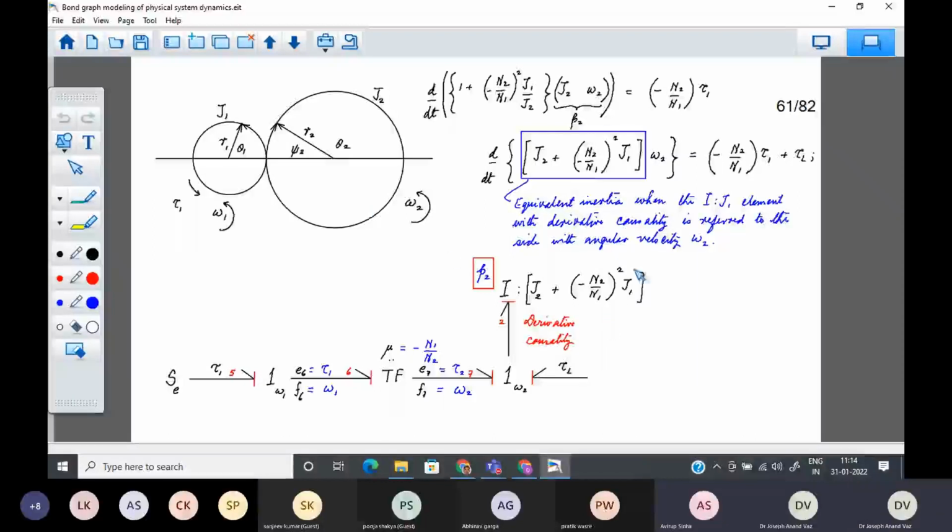So it is N2 by N1. You can see that it is more. N2 by N1 is greater than 1 in this case, and you're dealing also with the square of it, and that is multiplied with J1. So J1, that is the moment of inertia of this pinion element, gets scaled up while it is referred to this side. Okay,